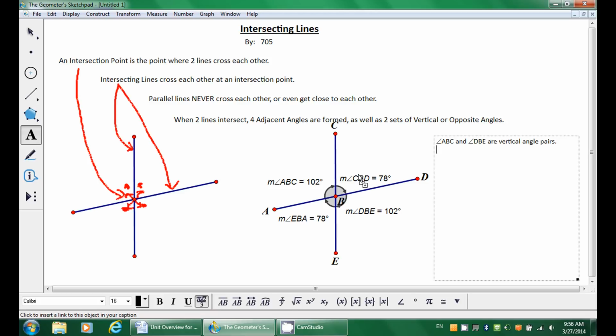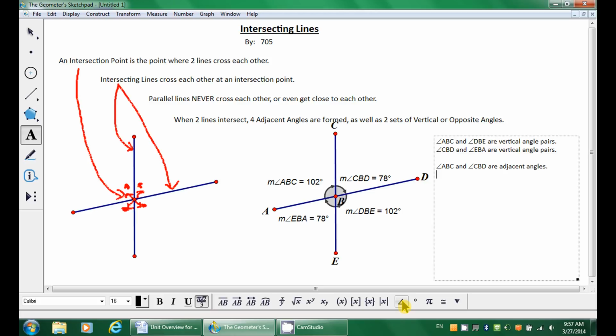Now let's talk about this angle and this angle. Angle CBD and angle EBA are vertical angle pairs. Okay, I'm going to hit enter twice so I have a little separation here. Now let's talk about the relationship between this angle and this angle. Well, they're not vertical angles, they're not opposite angles, they are adjacent angles. So angle ABC and angle CBD are